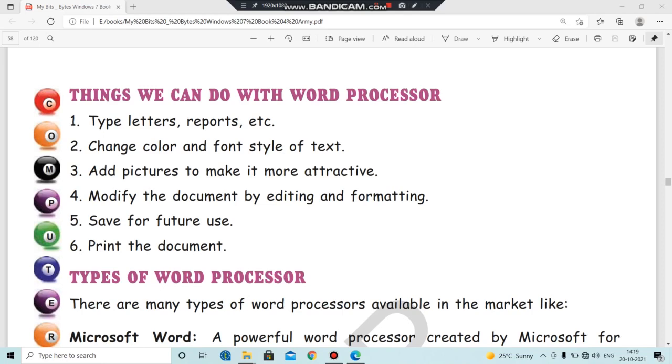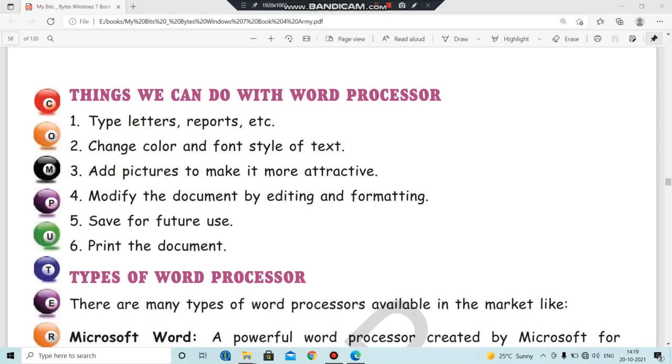Suppose you have a book with lots of pictures, and another with just text. Which one will be more attractive? The one with a lot of pictures, or the one with only content and text written in it? Generally it's human nature that you will get attracted towards the book that has a lot of attractive pictures.